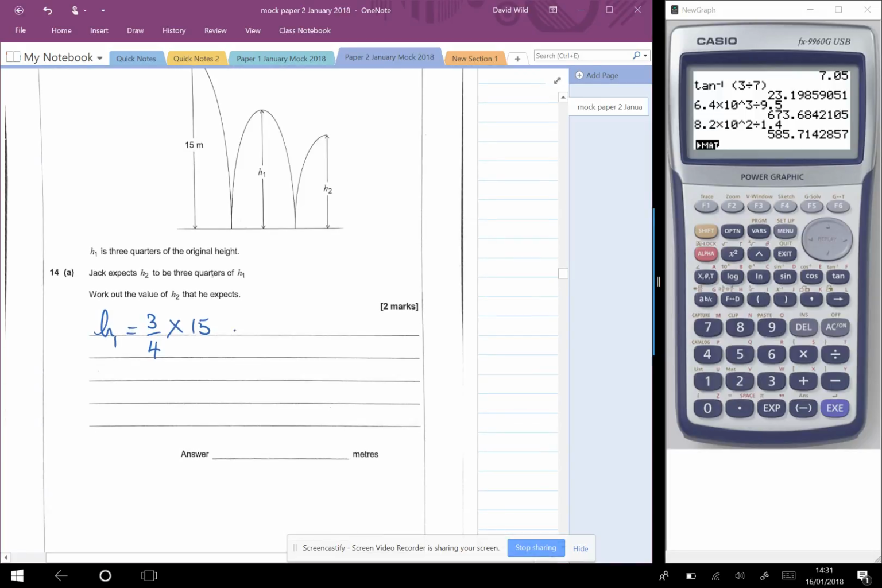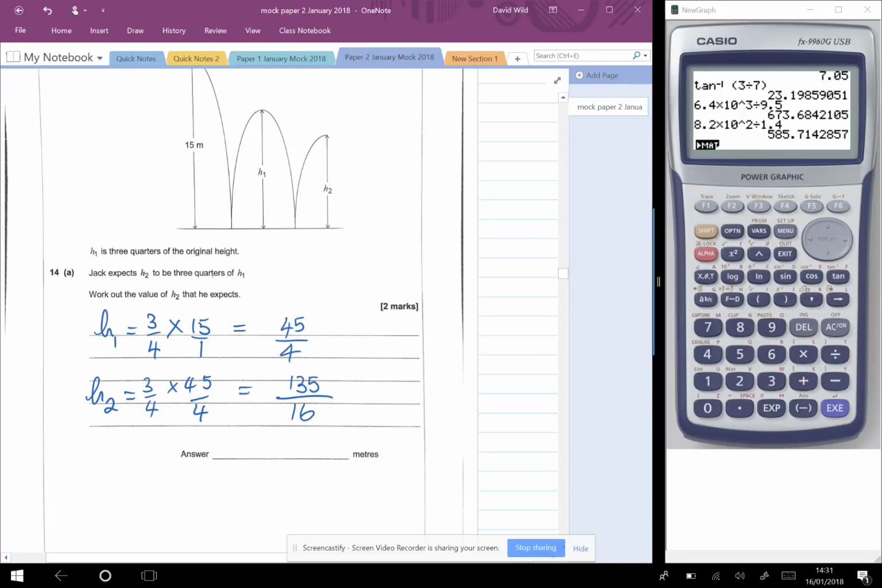Okay, well, let's just finish this off a little bit. This is 45 over 4, isn't it? 3, remember that's divided by 1. 3/15, so 45 divided by 4 times y is 4. So what does he expect h2 to be? h2 he expects to be 3/4 of h1. And h1 is 45 over 4. Okay, so we end up with 3 times 45, which is 135 divided by 4 fours is